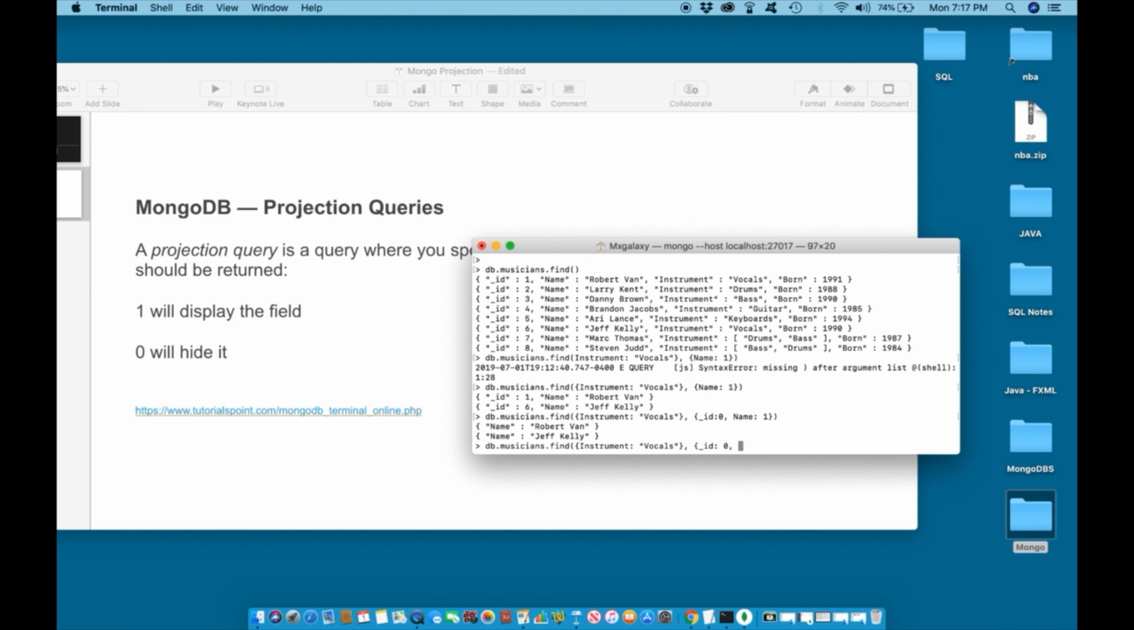I'm thinking of a good query. How can we test this? Instead of using 0, let's use 1. Let's say 1 for the instrument, one. If we were to do 1 or 0,